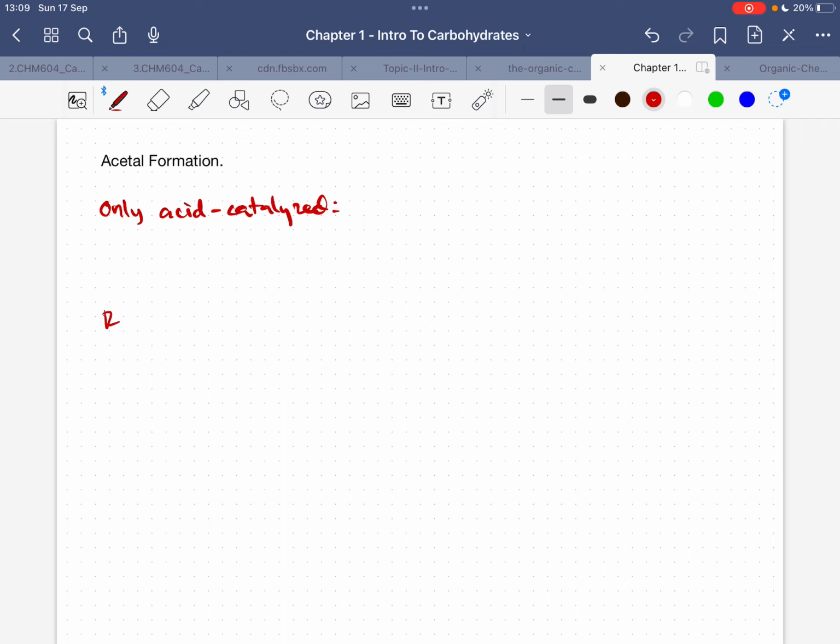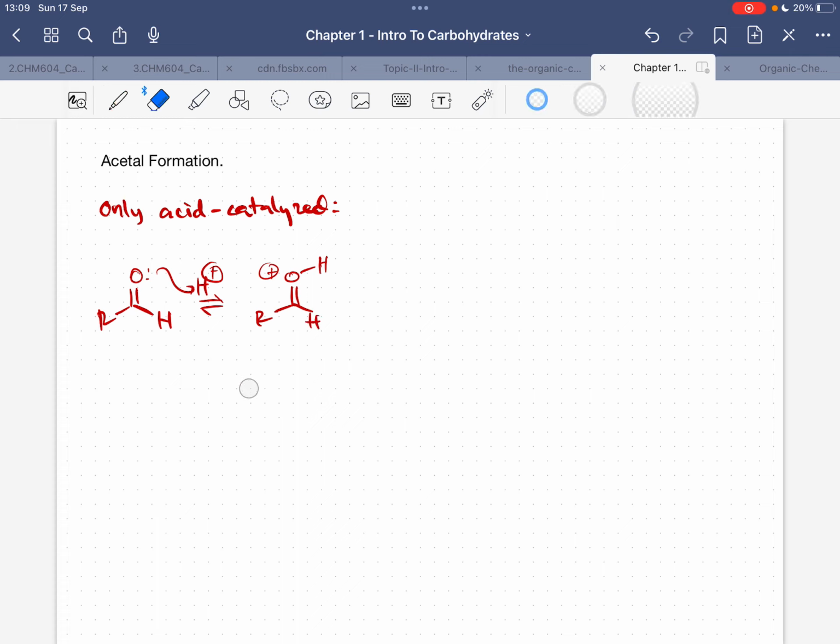So here, of course, with an aldehyde, you make it more electrophilic by protonating the carbonyl oxygen so that it becomes more electrophilic here. So it will be attacked, since it is an acetal, so the nucleophile will be an alcohol. Alcohol will attack here, and then